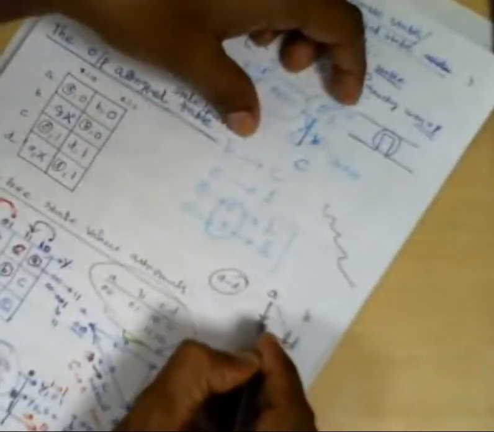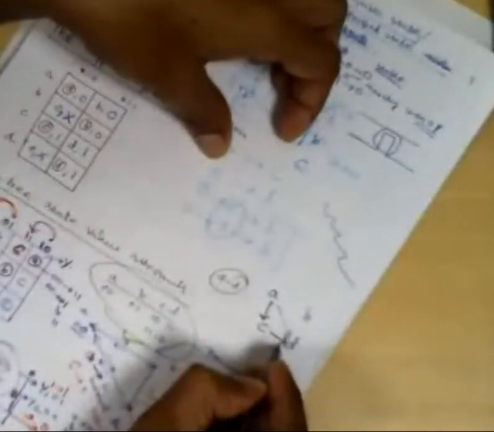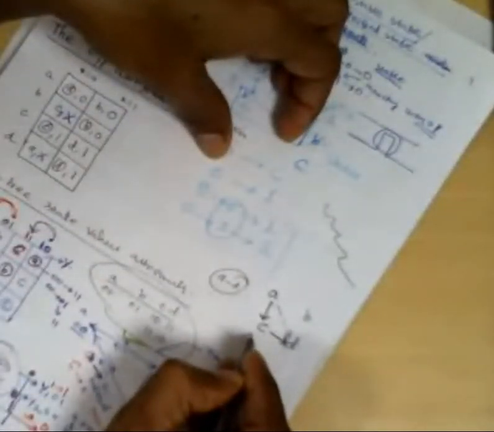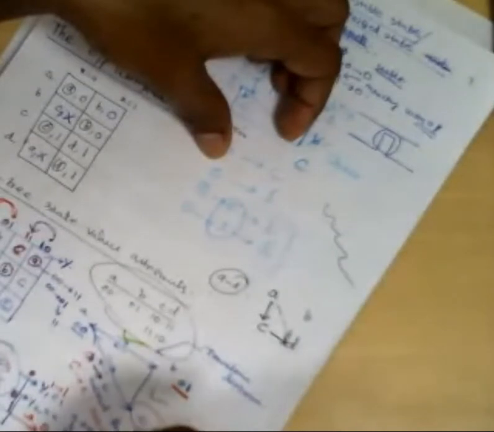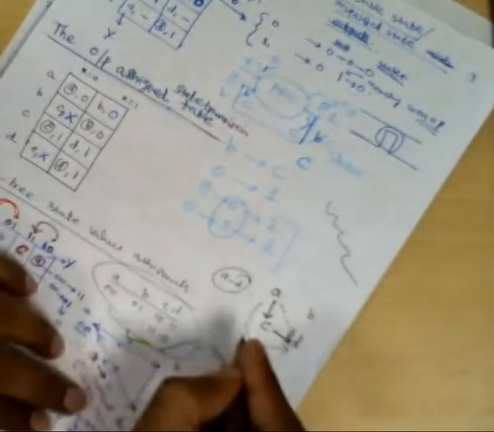That means there are no races. But due to something in the circuit, I go to C. C is not retaining me. C is sending me to D. So there is a race, but it is not a critical race, because the race finally forces me to reach the required destination. Anyway, I am reaching D, because C is not holding me. C is sending me to D. This is called a non-critical race.